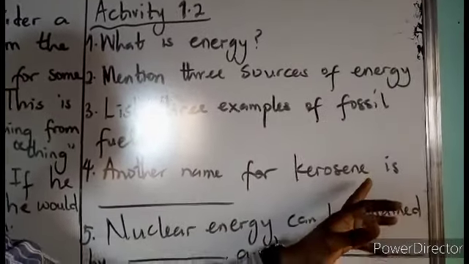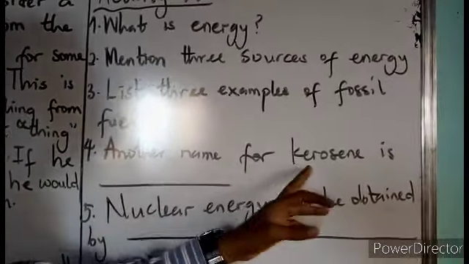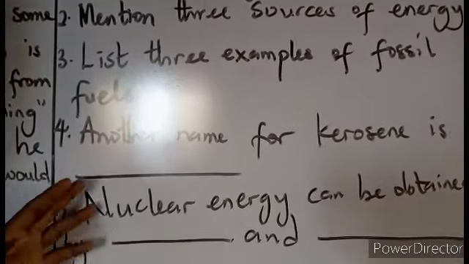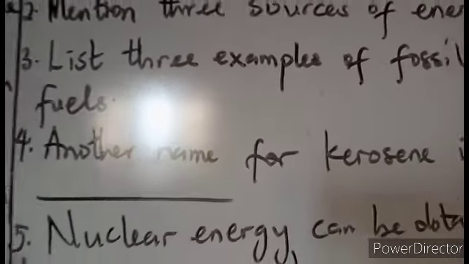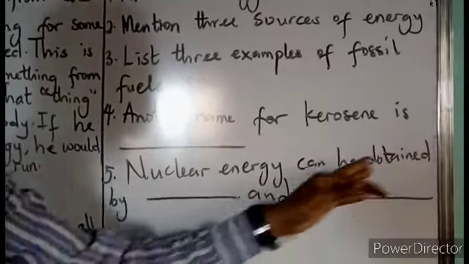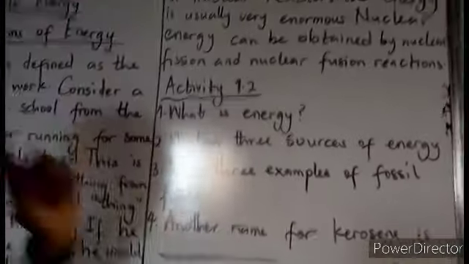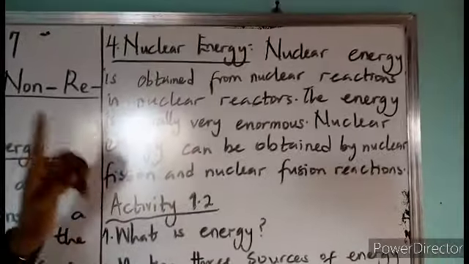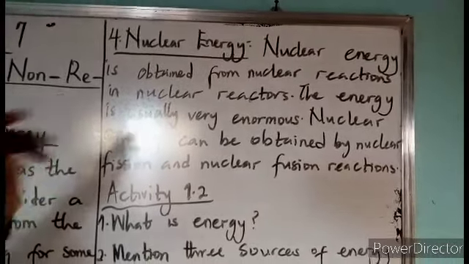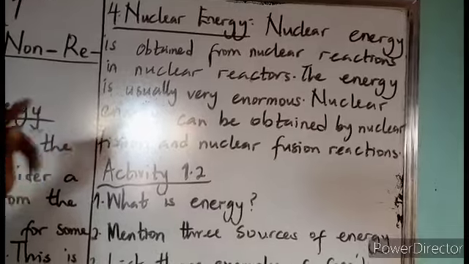You mention 3. Now, another name for kerosene is dash. Maybe, I don't know, just get another name for it. Nuclear energy can be obtained by dash and dash. It's on the note under nuclear energy. When you go to nuclear energy, you'll see it there. Nuclear energy can be obtained from 2 parts. One is there and the other one is there. Please fill in the gaps with the